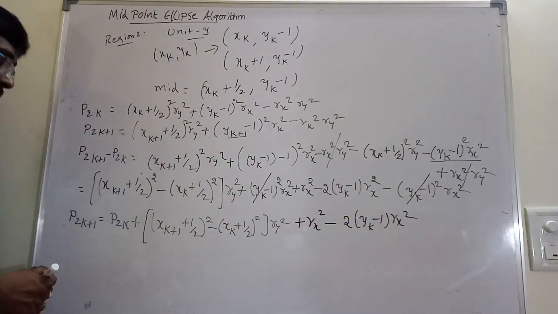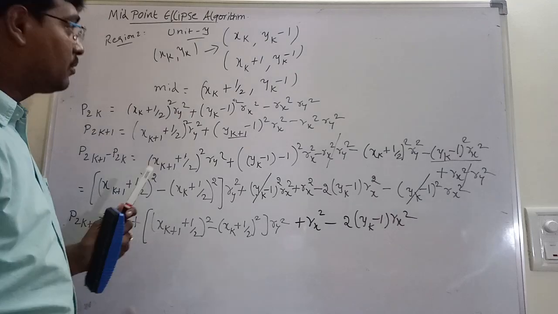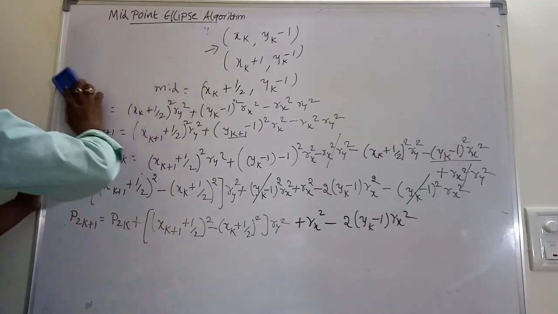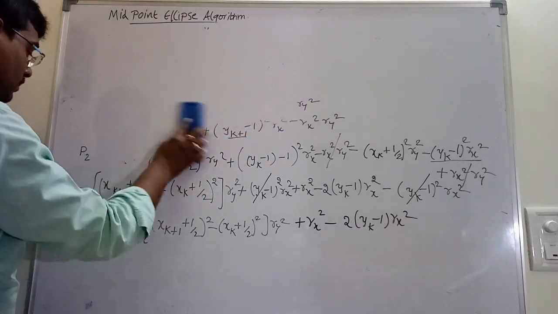This is P2k plus 1. After calculating P2k plus 1, again the same procedure. The procedure is